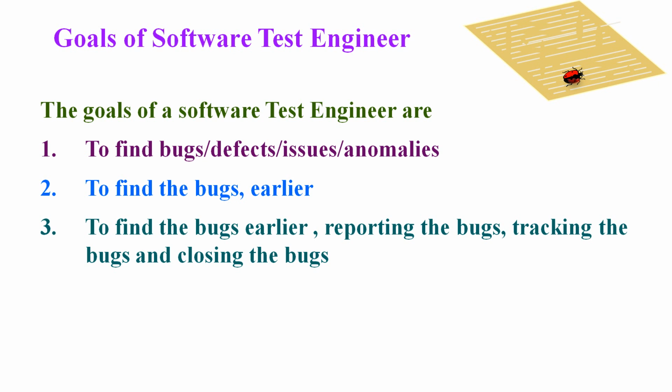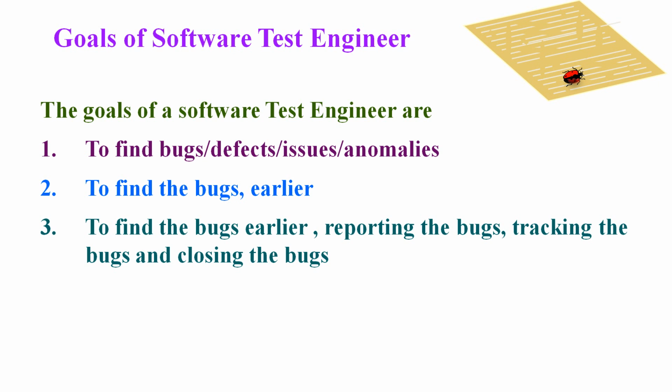And then the software test engineer himself is responsible to close the defect. So this is one of the main goals of the software test engineer. You have to find the defects at the earlier stage of the project itself. After finding the defects, immediately you have to report them. After reporting, you have to track the defect and see its status. And then finally, the software test engineer is responsible to close the defect, because he only reported the defect and he is supposed to close it.